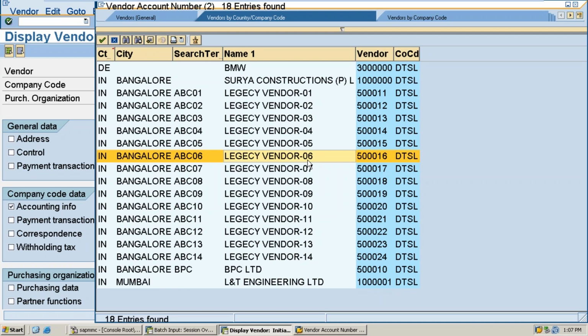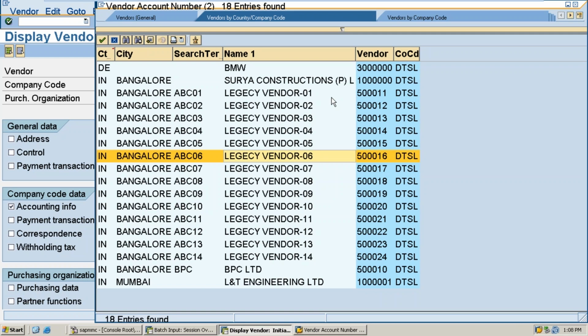I am going to show you one more important point. When you create the LSMW, does the system create any transport request? No. First of all, do you know in which system this LSMW will be created: production, development or quality? Development, we never do it. First quality. If you don't have a pre-production system, you can use quality. But I have a production system, and in that a pre-production client is there. So I will create this LSMW in the quality or pre-production system and upload the data first as a mock cutover.